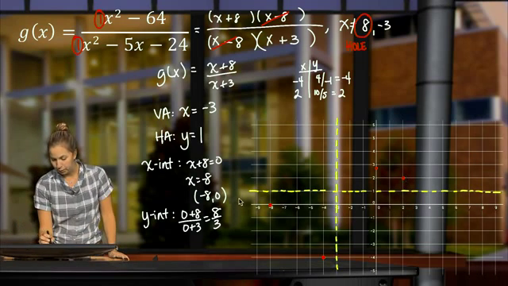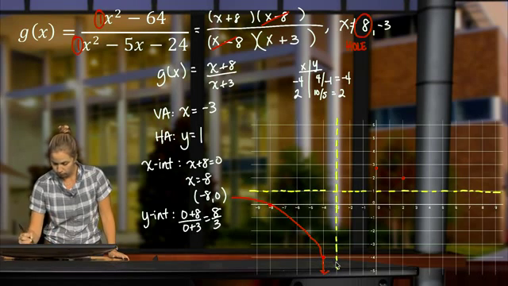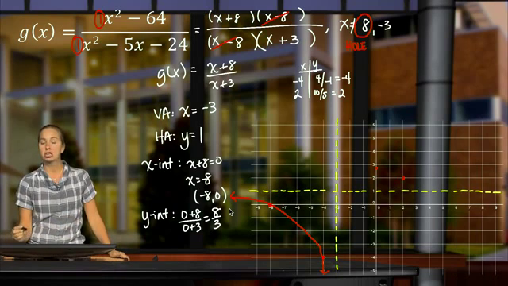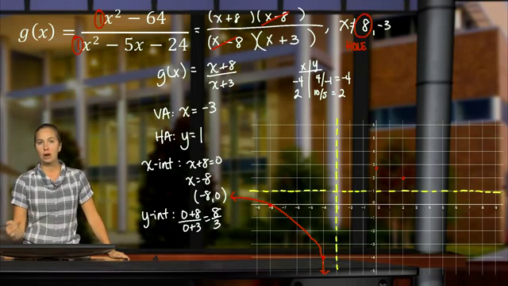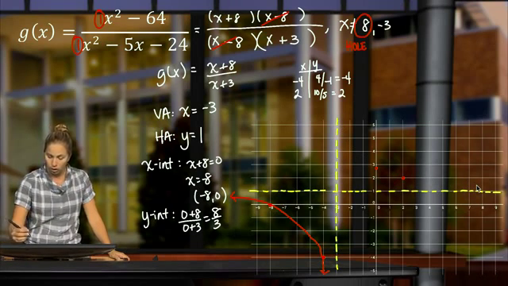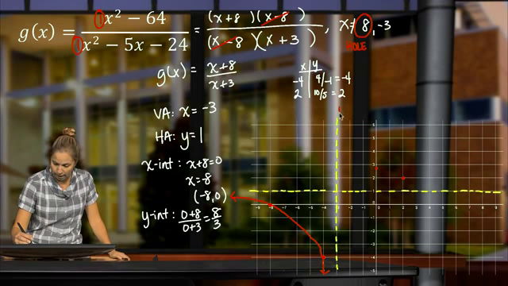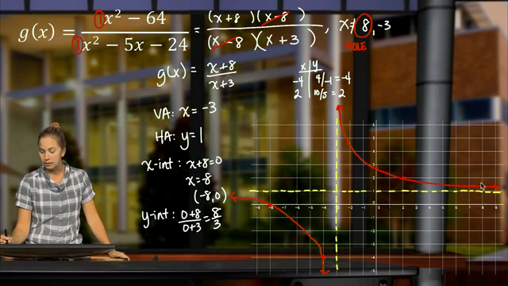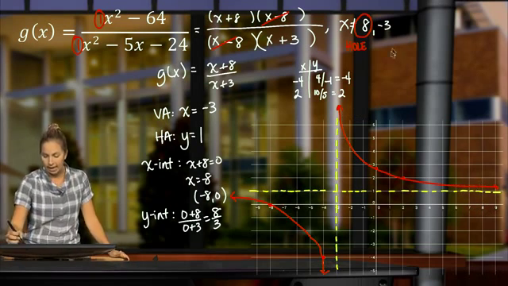Now this left branch is going to look like this, going through my 2 points, approaching my asymptotes. But my right branch, I need to be very careful. We still need to think about that hole. So how do I graph my hole? My hole is in my actual curve, isn't it? So if I were to just think about this line like this, what I need to figure out is where is the hole at x equals 8? To find that,